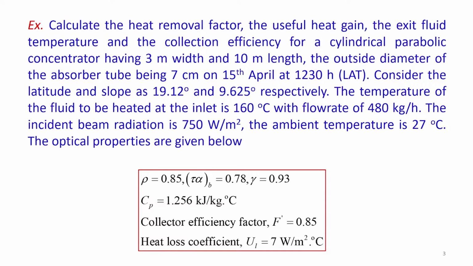So, this rho, which is nothing but the specular reflectivity of the concentrator surface, and this tau alpha multiplication for beam radiation is given to be 0.78, and gamma, which is nothing but the intercept factor, is equal to 0.93. So, what is intercept factor? The fraction of the reflected radiation intercepted by the absorber tube, right? And rho, what I said before, is specular reflectivity